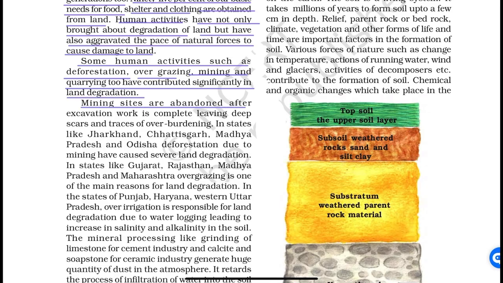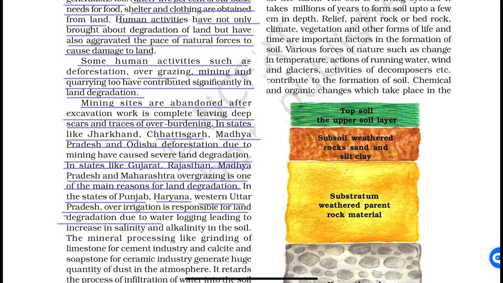Mining sites are abandoned after excavation work is completed, leaving deep scars and traces over botany. In states like Jharkhand, Chhattisgarh, Madhya Pradesh, and Odisha, deforestation due to mining has caused severe land degradation. In states like Gujarat, Rajasthan, Madhya Pradesh, and Maharashtra, overgrazing is one of the main reasons for land degradation. In the states of Punjab, Haryana, and Western Uttar Pradesh, over irrigation is responsible for land degradation due to the water